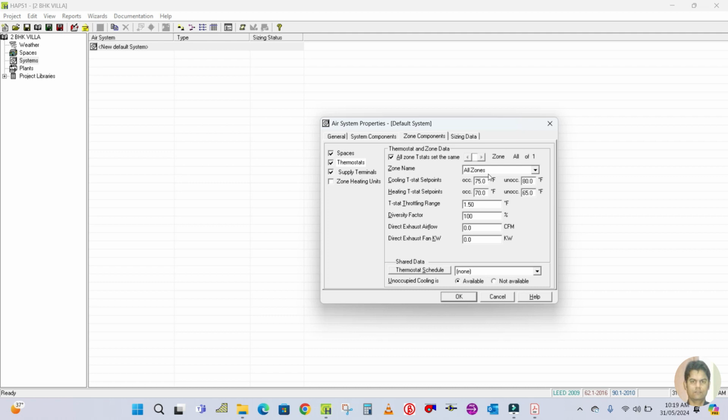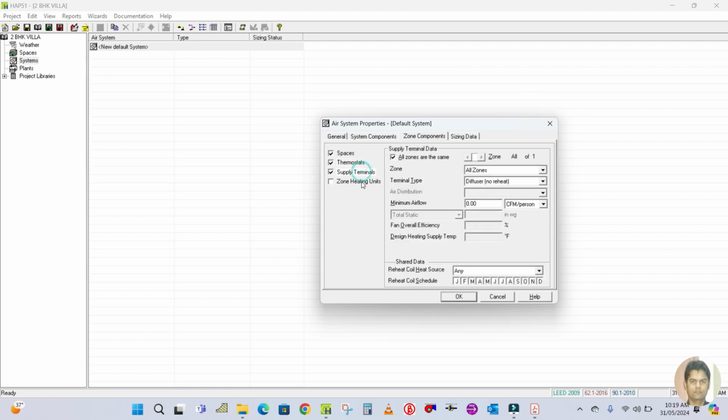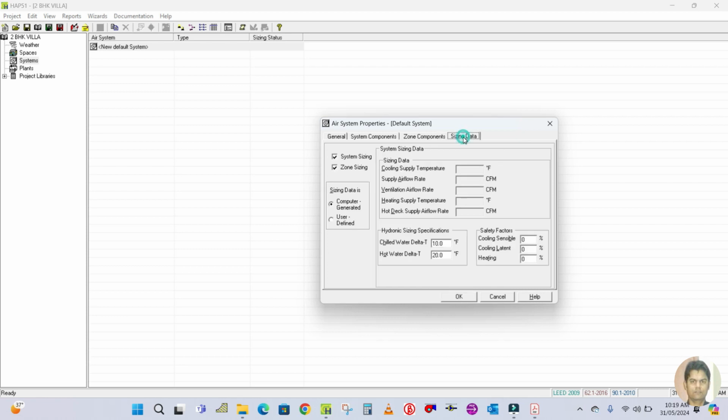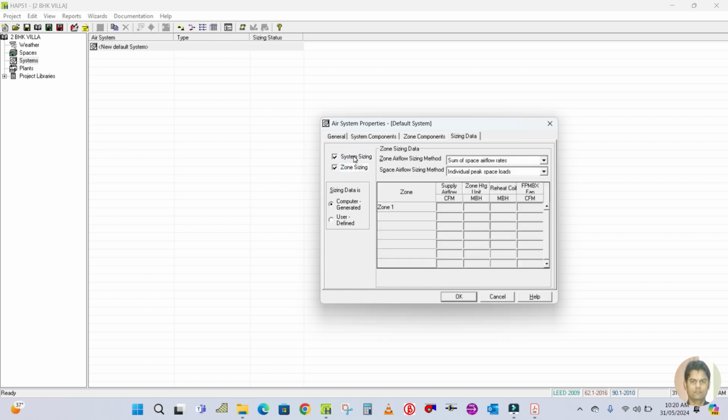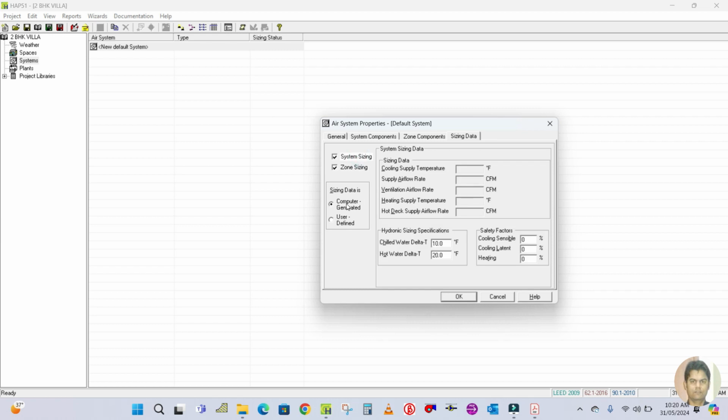Then go to the sizing data. In this sizing data you have to check that both system sizing and zone sizing are required. So system sizing and zone sizing here. In this system sizing you can see this is the system sizing data. Cooling supply temperature will show here in this report. Then you can see this is the hydronic sizing and specification. So hydronic sizing is